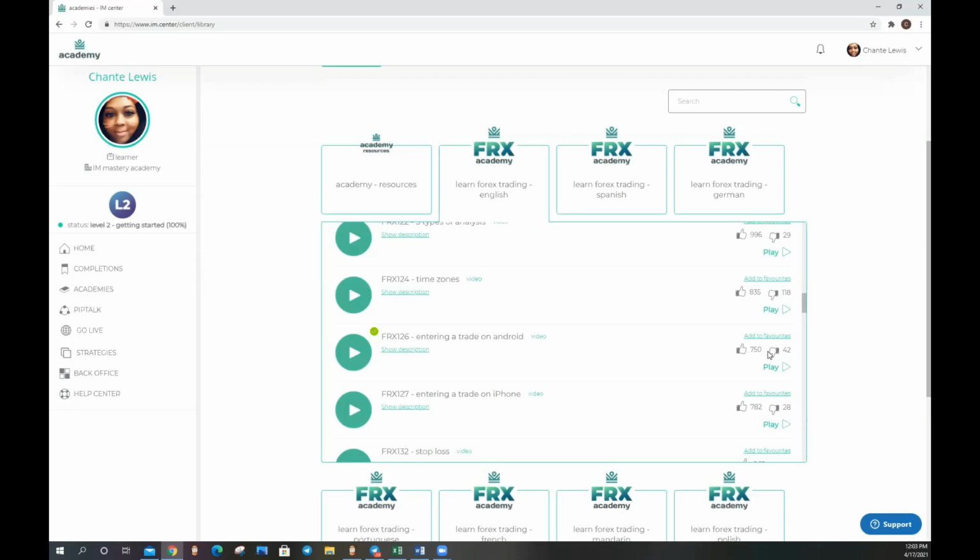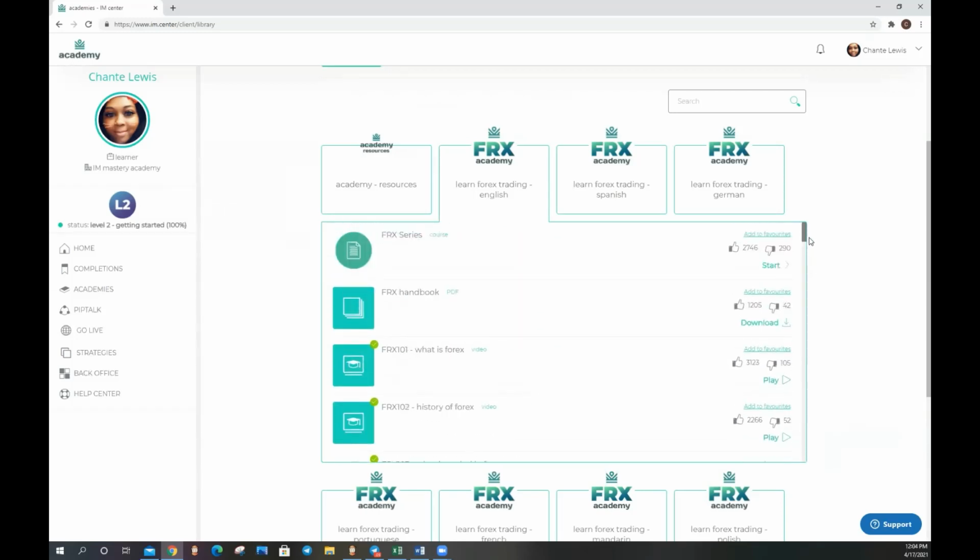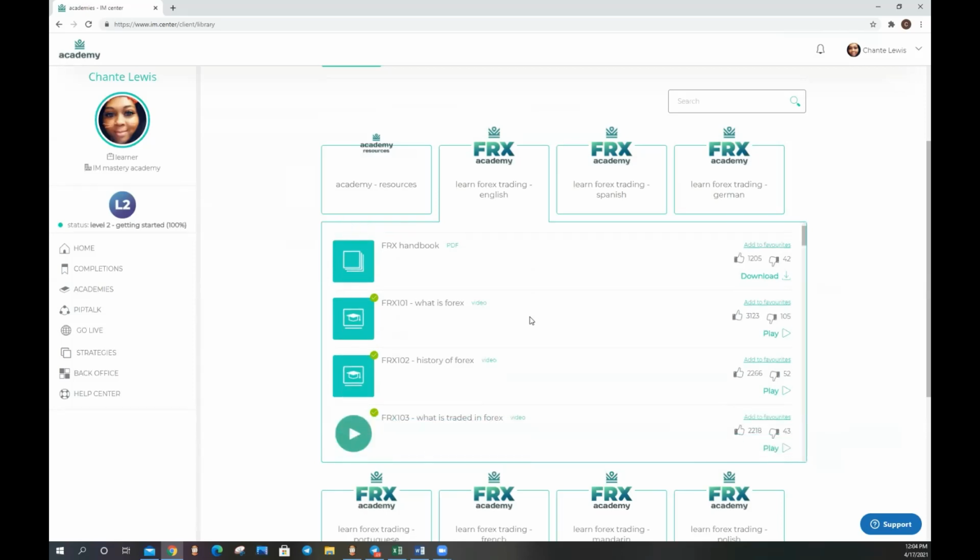A lot of people like to trade on their phone. Others prefer their laptop or their desktop or their tablet. As far as Dr. Kirkland is concerned, she likes to make sure that her team focuses on the 100 series and the 200 series. The 300 and the 400 series are a little bit more on the advanced side, but if you're just starting out, you want to focus on the 100s and the 200s